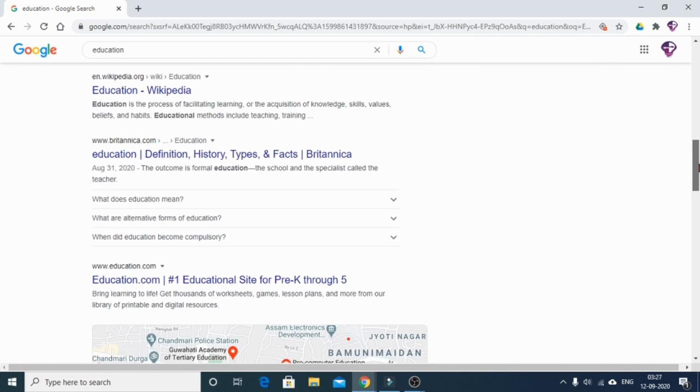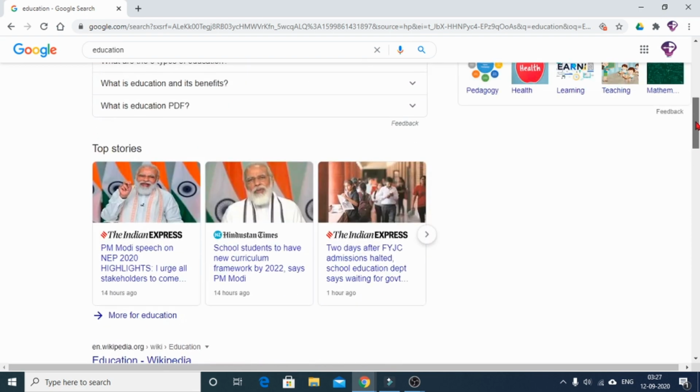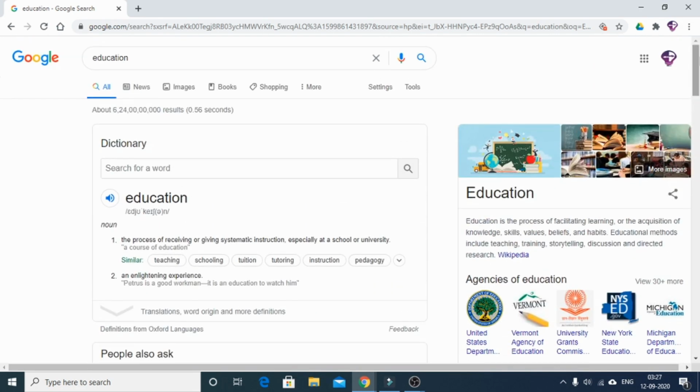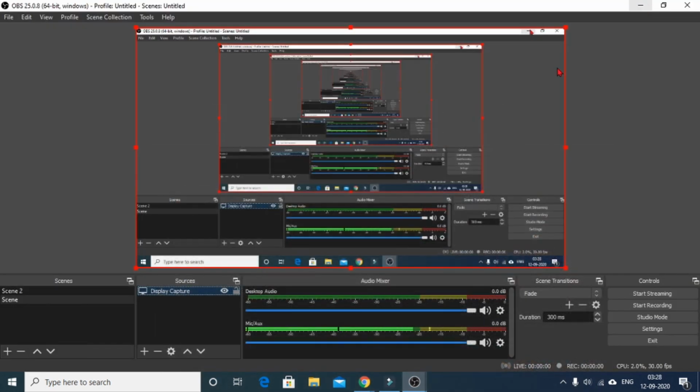So if I wish to elaborate them in my words, I can do this, and at the same time all these things will be recorded. So this way you can do the screen recording, which is in fact a very important as well as effective feature under OBS Studio for creating any kind of e-content or any kind of promotional video.